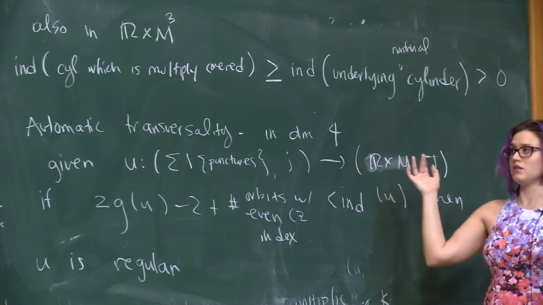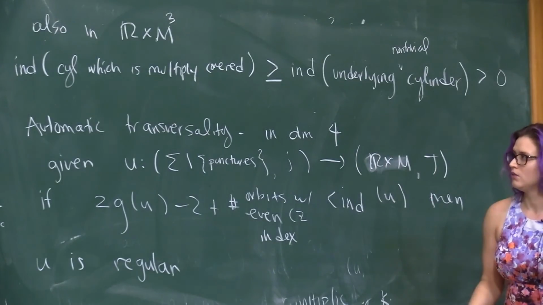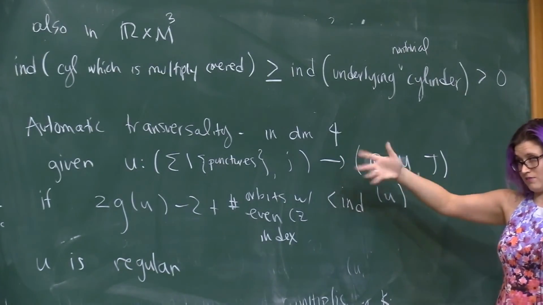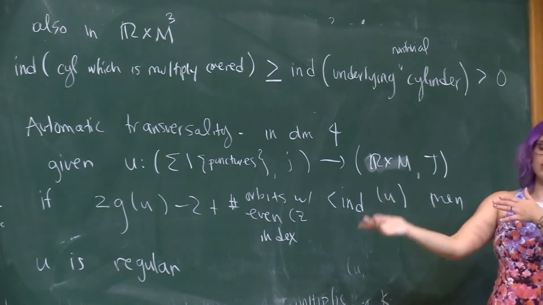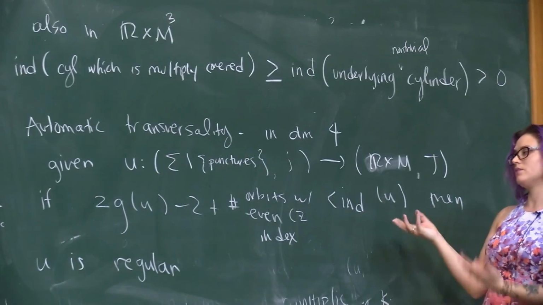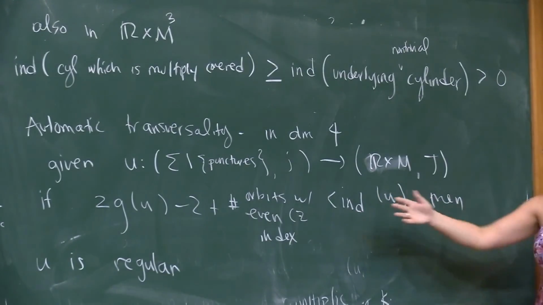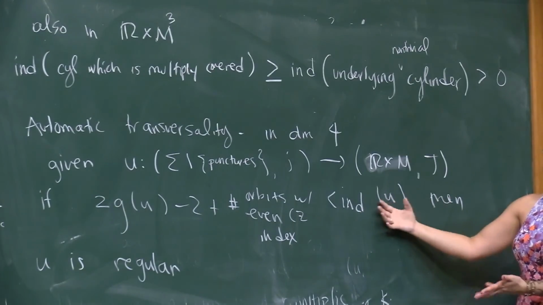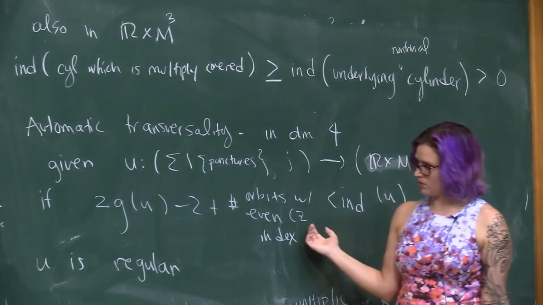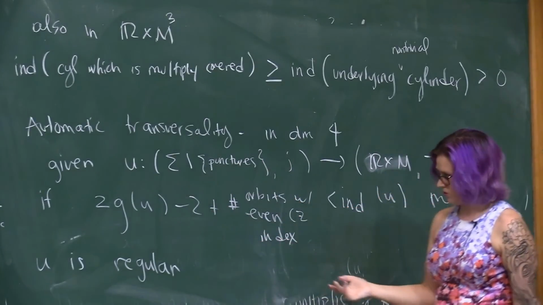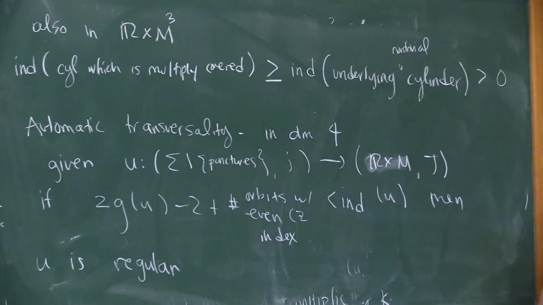You need something called automatic transversality, which I think Chris might give a talk about in a more general context next week. Sometimes, if the index of your curve is big enough in terms of some topological information, you can actually guarantee that your curve is regular. So,